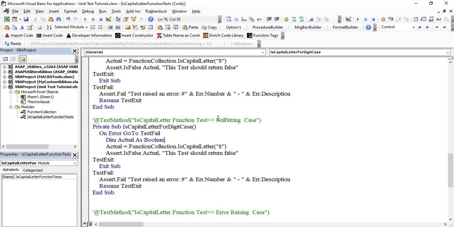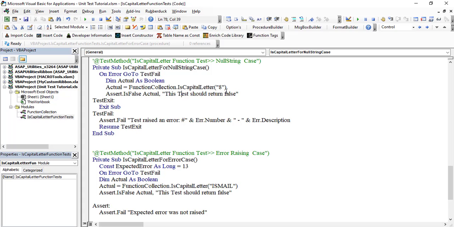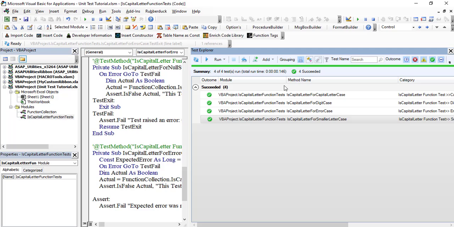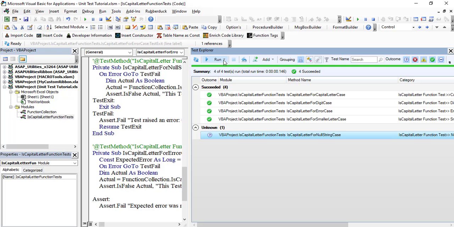Null string case, let's say we pass nothing, a null string. In that case this should also return false, right? Because it has nothing, so it is not a capital letter. So now I can go in this test explorer, refresh it to include that new test and run